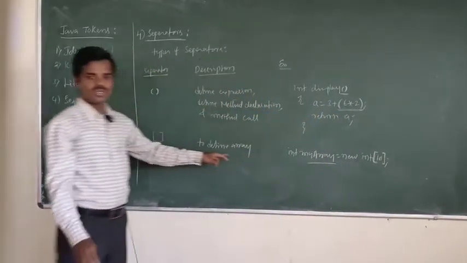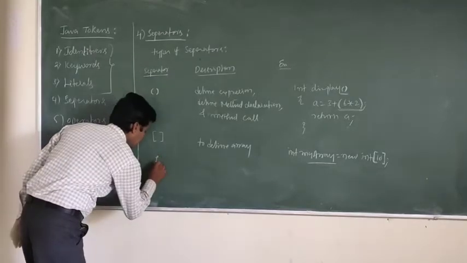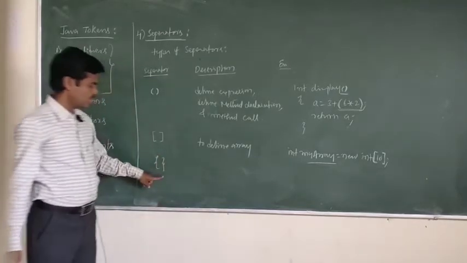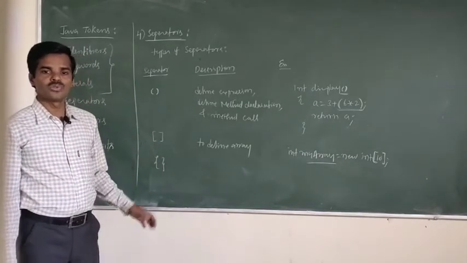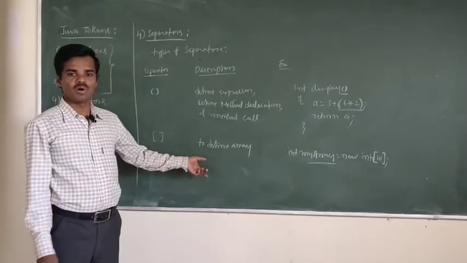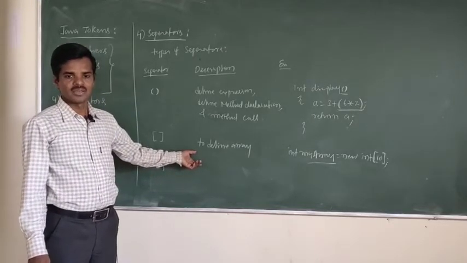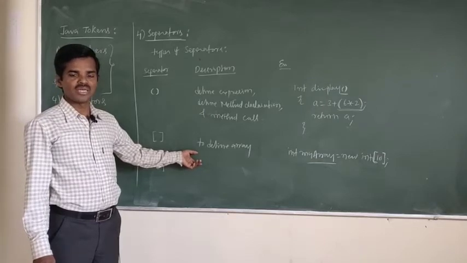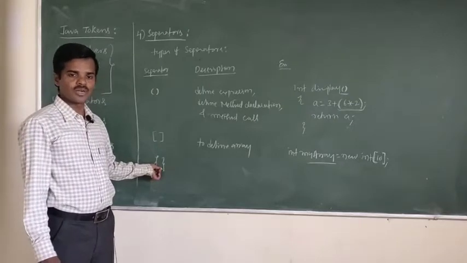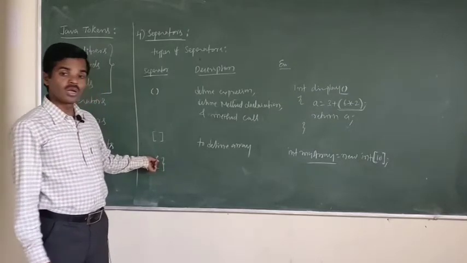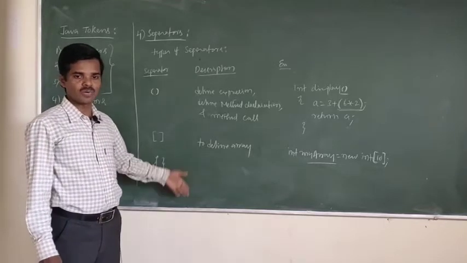Understood? Already you know in the other languages. Then another separator is called curly braces. We use curly braces to start and stop any block of code, and also to start the methods. To start any method or function, you start with the curly brace and end with the corresponding curly brace. You can also start any class in Java by using the curly braces, beginning and corresponding end.